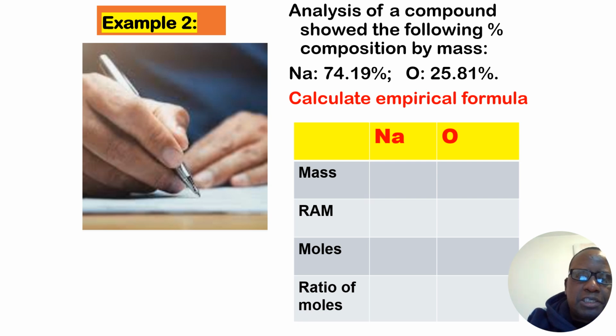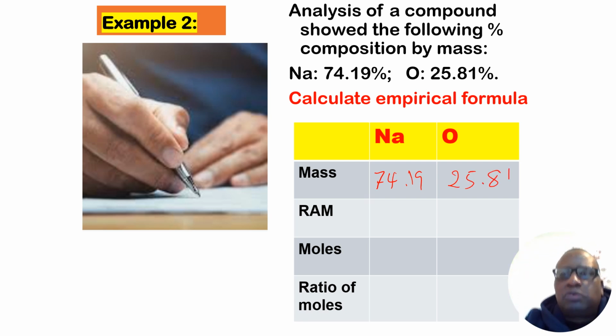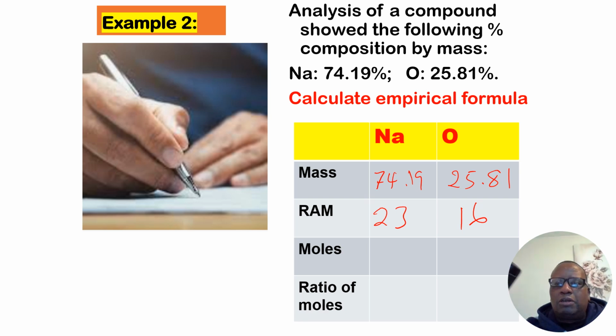In our second example, we've got 74.19 of sodium. You take that to be the mass, and 25.81%, we take that to be the mass again. The relative atomic mass for sodium is 23, and for oxygen is 16. You get your calculator, and now we go to work out